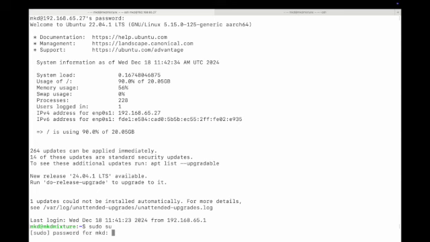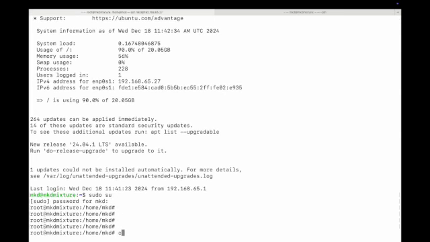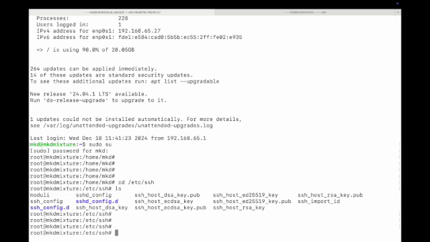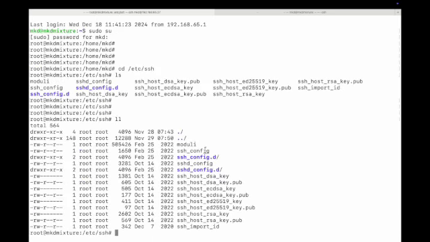Then I need to go to cd /etc, then ssh, and let me list it. You can see there is an sshd config. So I need to vi ssh hyphen config,